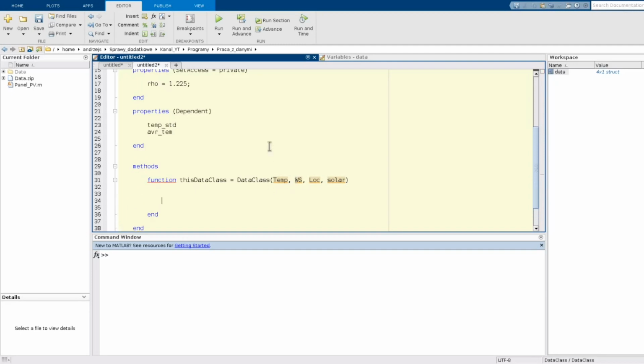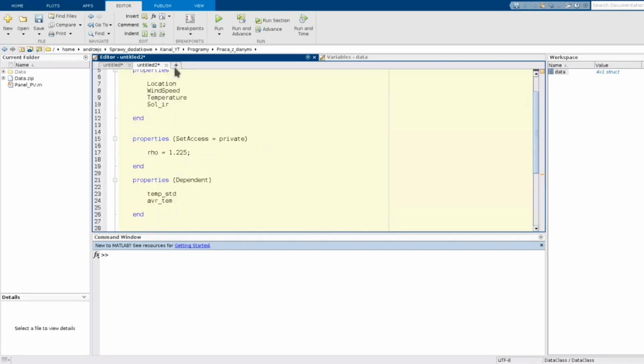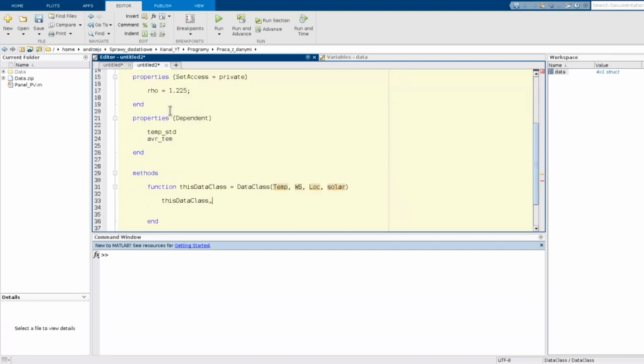There is also a way to construct overloaded constructors, or even dynamically overload the methods in a class, but I will present it in a separate video so as not to make too much mess in this one. Now in this constructor we only assign the arguments to the proper fields, which are here. I call the proper field this way: data class dot, and then the name of the field, for example, location.